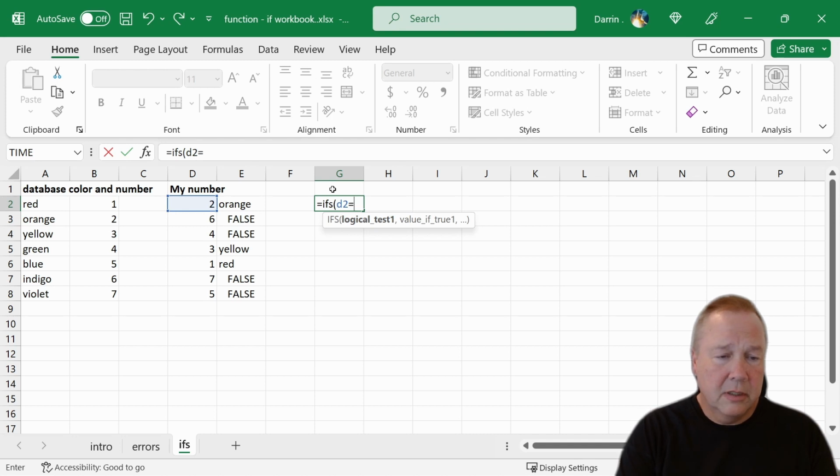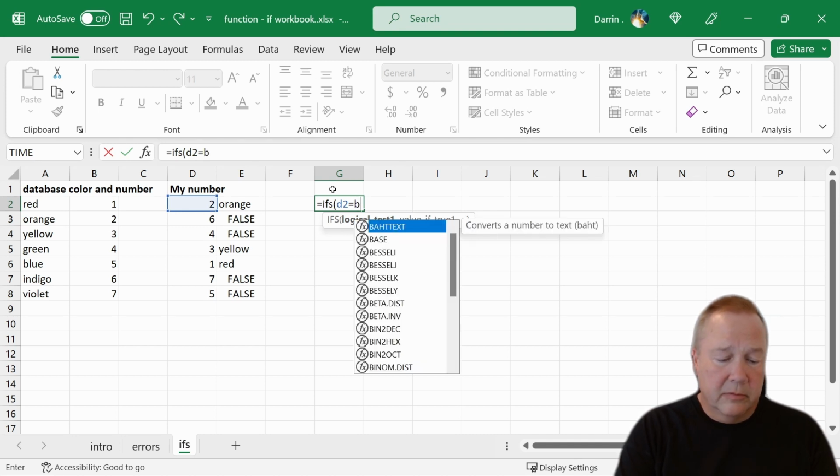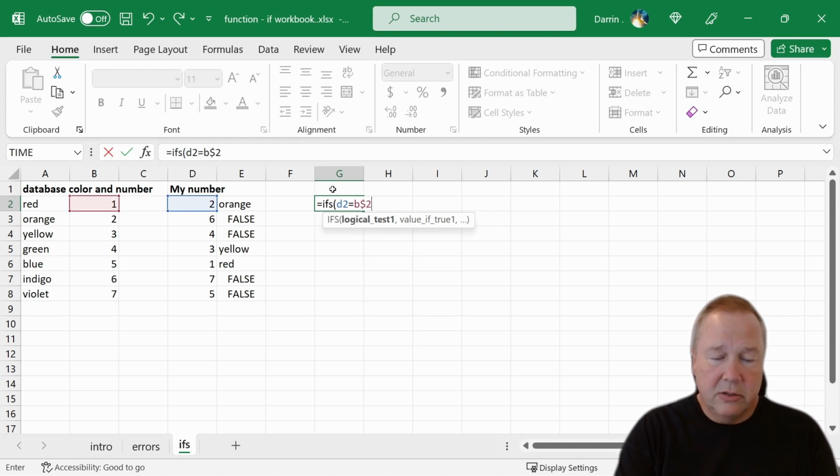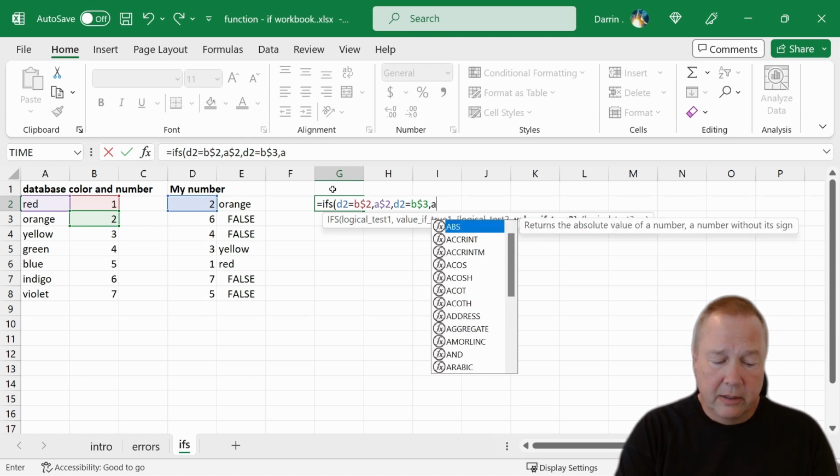So IFS, D2 equals B$2, then A$2, which looks exactly like your first if statement, but now you just do another comma, and then D2 equals B$3, comma A$3,